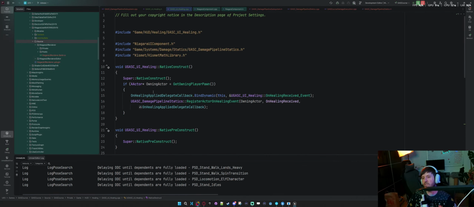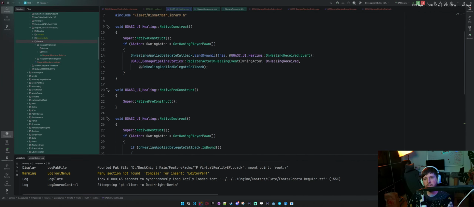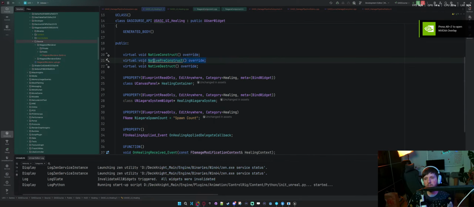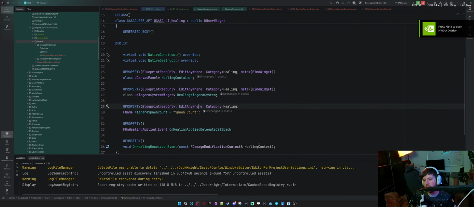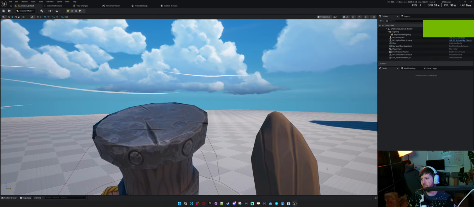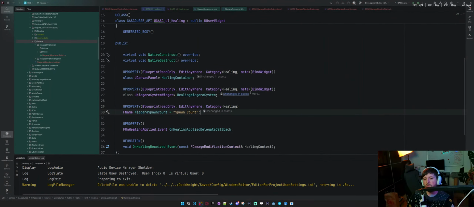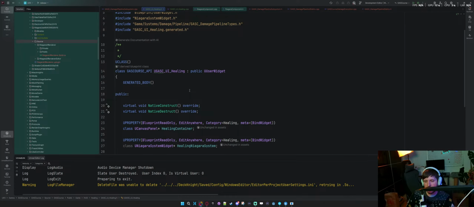So maybe the native pre-construct too is what's causing the tick thing to complain. I'm not sure. So maybe I don't need that. Let's just make a bold assumption here. Let's try to compile it one more time with all of that goodiness in there. And we'll see if we get the results.